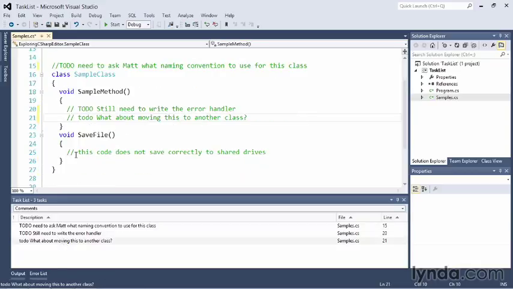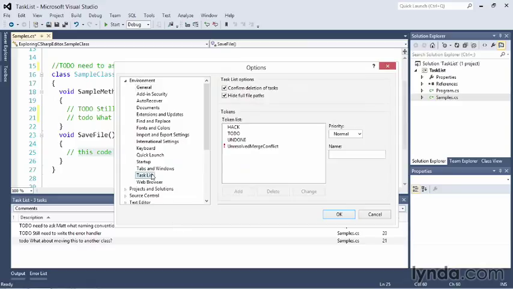I can also specify different tokens. Let's say that I want to make a bug token and I want to be able to use my own token in my class, but still have it show up in this task list. Go to Tools, Options, and click on the task list. Here are the predefined tokens: HACK, TODO, UNDONE, and UnresolvedMergeConflict. I'd like to add my own. So I'll type in a new name here, bug, and then set priority level equal to high, and then click